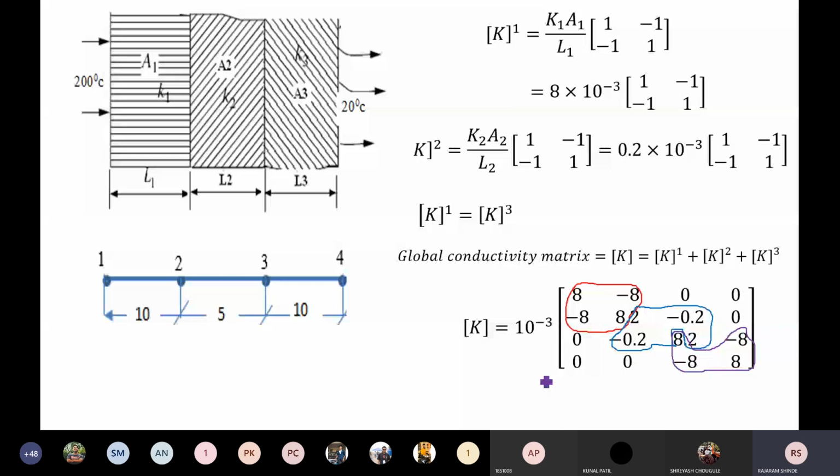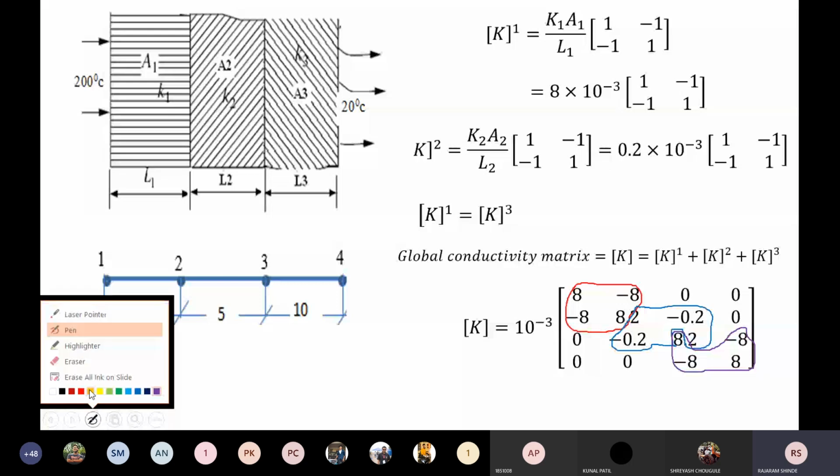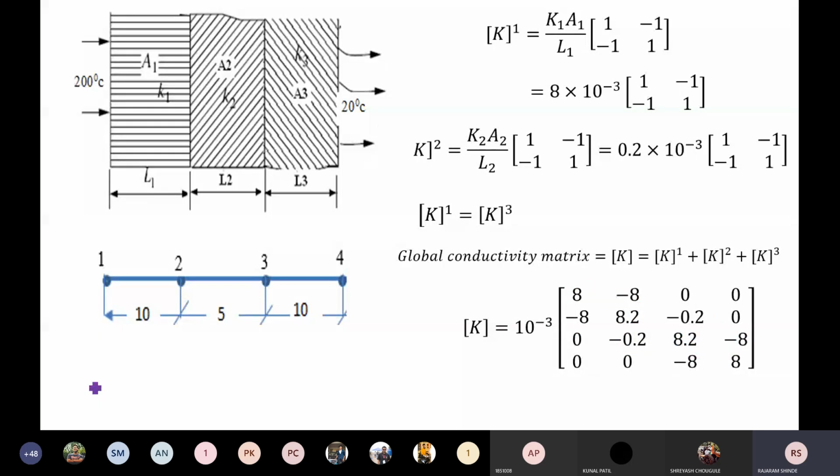Now you write in 4 by 4 form. That means you write all the matrices in 4 by 4 matrix, and then you can add them. Do you agree with this? If you go for directly adding these, it will not give the correct size of the global stiffness matrix. Your size should be 4 by 4 for this problem. Any doubt here? This is a simple thing, not complicated. Just check whether the node is attached to the element or not, and then do the addition. Have you got it? Any doubt? No, sir. Can I go for next? Yes, sir. Okay.